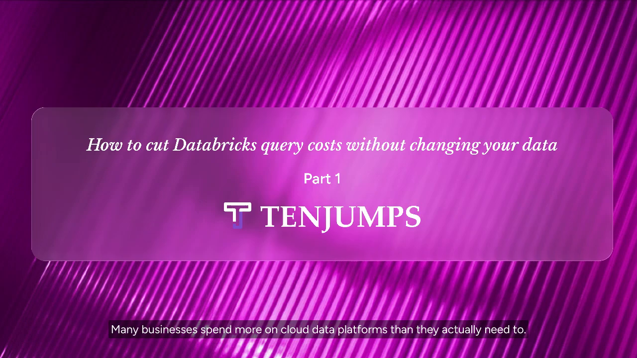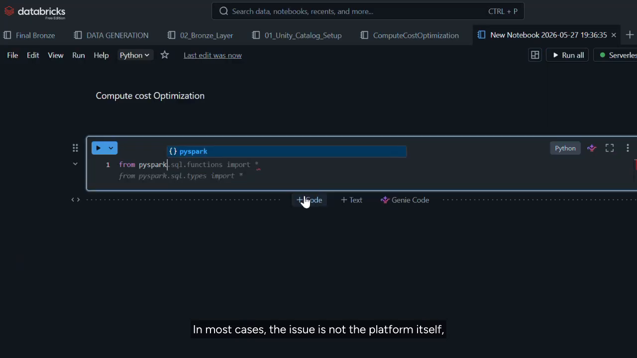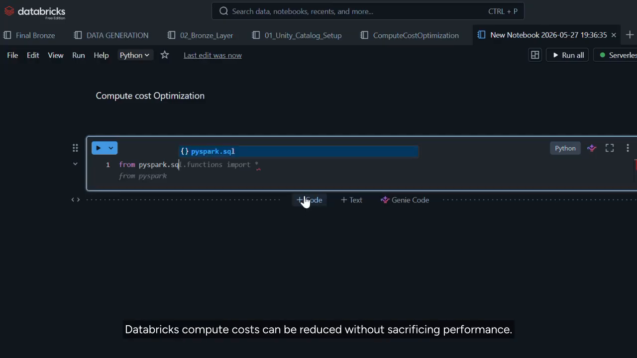Many businesses spend more on cloud data platforms than they actually need to. In most cases, the issue is not the platform itself, but how workloads are designed and managed. In part 1 of this series, I walk through a simple example of how Databricks compute costs can be reduced